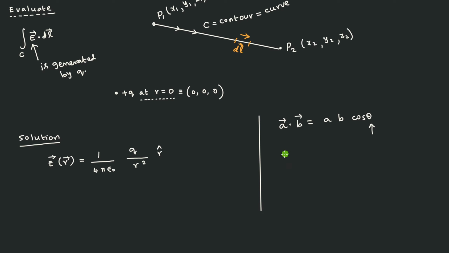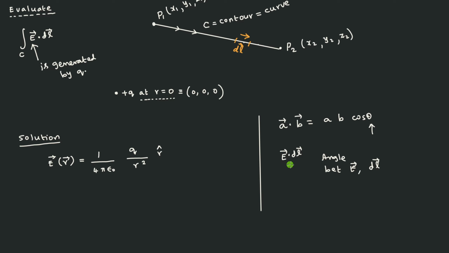Right now, since we are interested in evaluating E dot dl here, we need the angle between the electric field vector and the dl vector. And the dl vector is there in the diagram, from here to here. As you move along, for example, if you are standing here, this is the vector. If you come to this point, again, this is the direction. Because this is a straight line path, the direction will not change. So you continue in the same direction. Therefore, the dl vector has a specific direction.